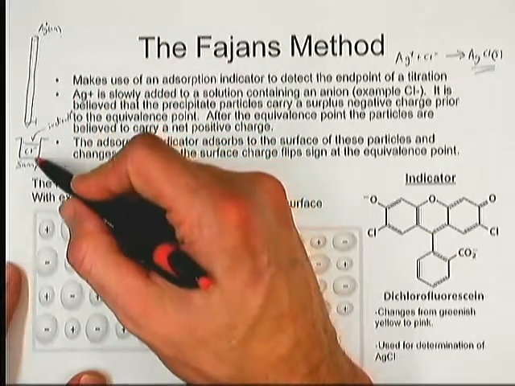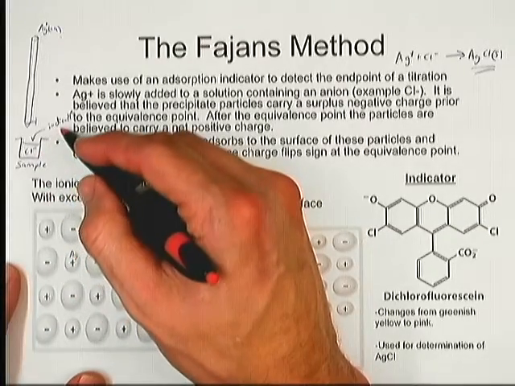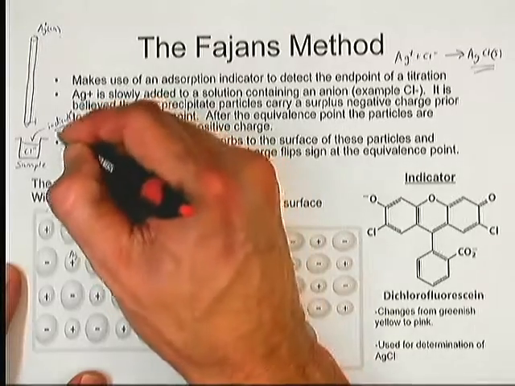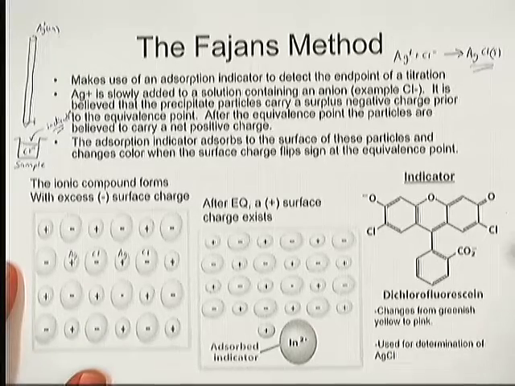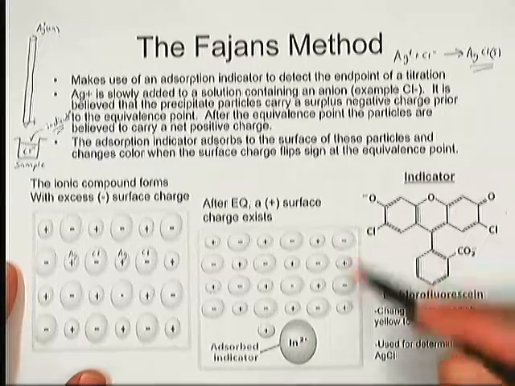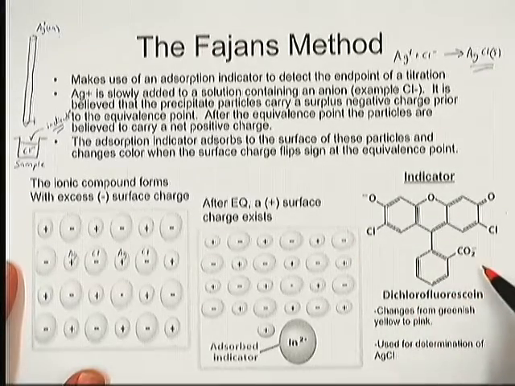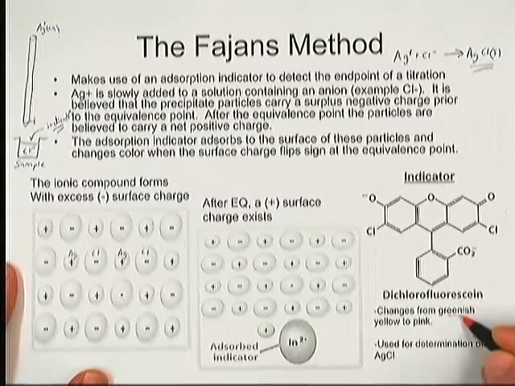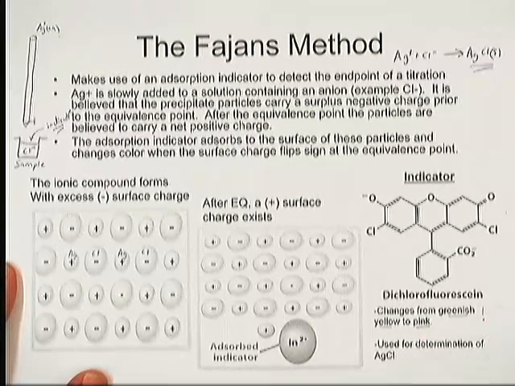Now, our sample has the chloride, or the analyte of interest. It's going to be an anion again. And I'm going to add an indicator compound directly to this mixture now. The indicator compound that's used in this titration is dichlorofluorescein. Its structure is right here, so the 2 chlorines, hence the name. This indicator is going to change from a greenish yellow fluorescent color, like a yellow highlighter, to a pink color at the end point,